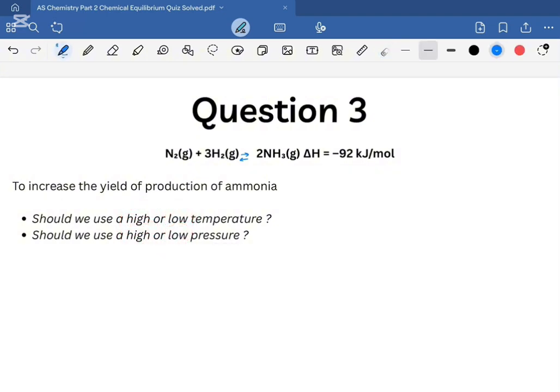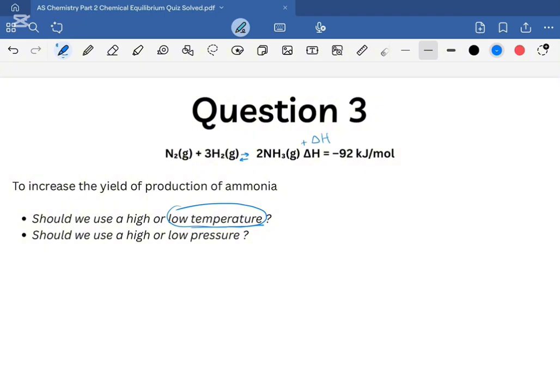Now, to solve the first part, which is about the temperature, I need to place the delta H over here on the right side, and this is because it is an exothermic reaction, so I need to place the delta H as a product. Now, to make the reaction produce more ammonia, I need, of course, to decrease the temperature, because as we decrease the temperature, the system is going to go to the side that will produce energy in order to increase the delta H again. So first I have to use a low temperature,